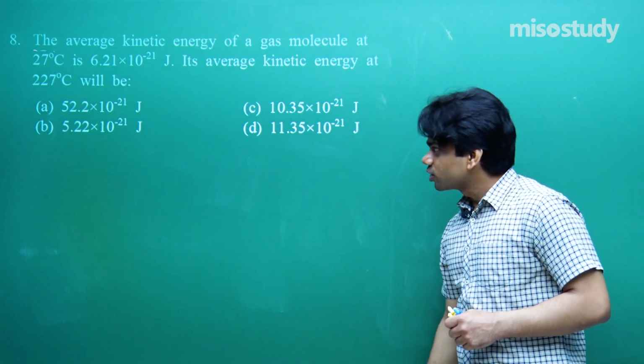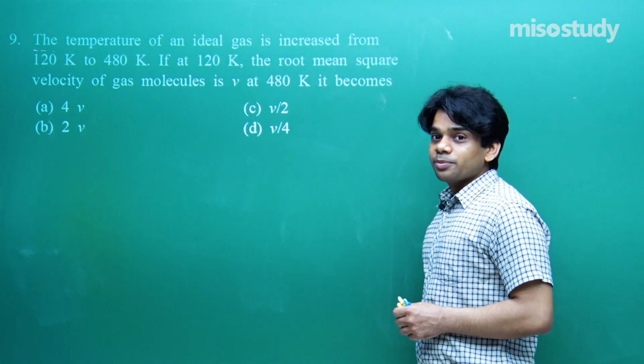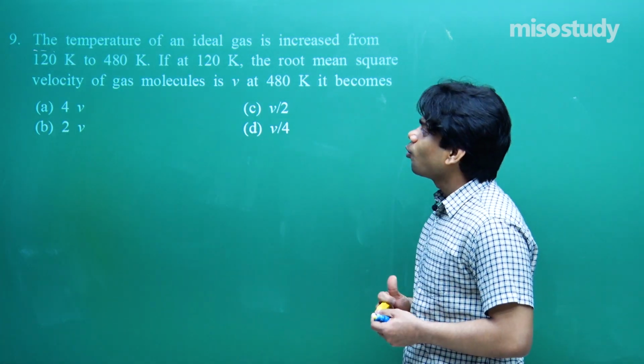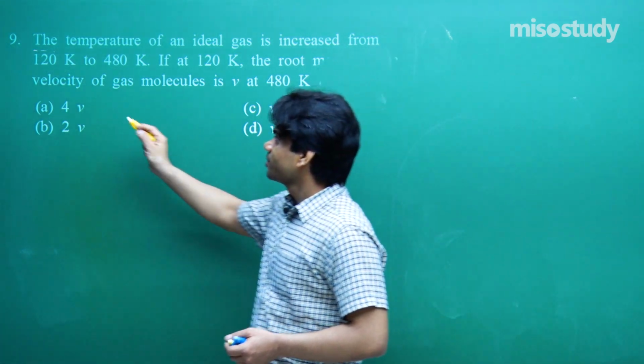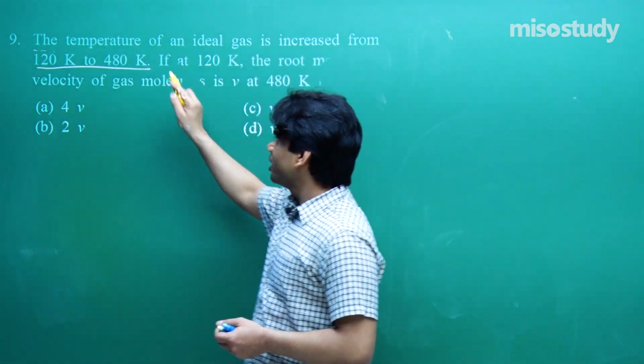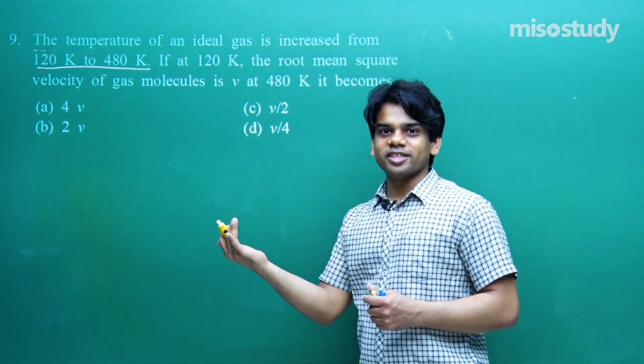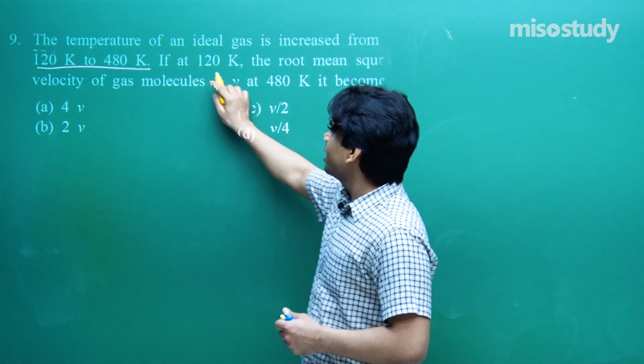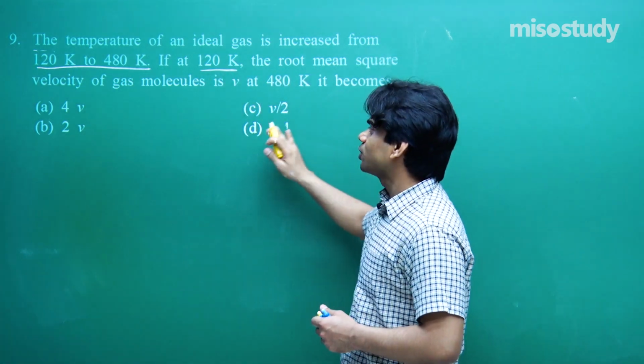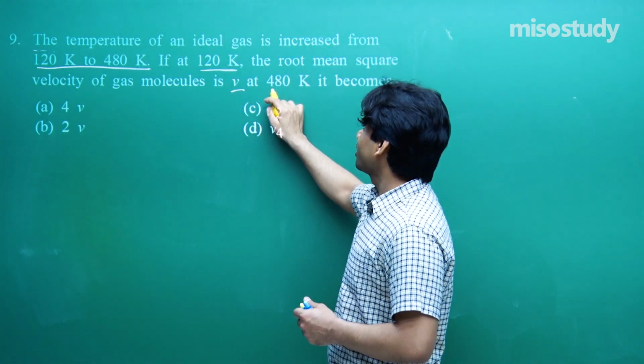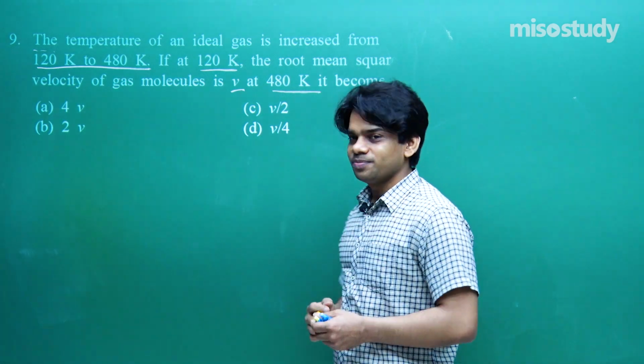Let's go to next question. Question number 9. The temperature of an ideal gas is increased from 120 Kelvin to 480 Kelvin. Temperature is increased from 120 Kelvin to 480 Kelvin. 4 times we are increasing the temperature. If at 120 Kelvin, the root mean square velocity of gas molecule is V, and at 480 Kelvin it becomes